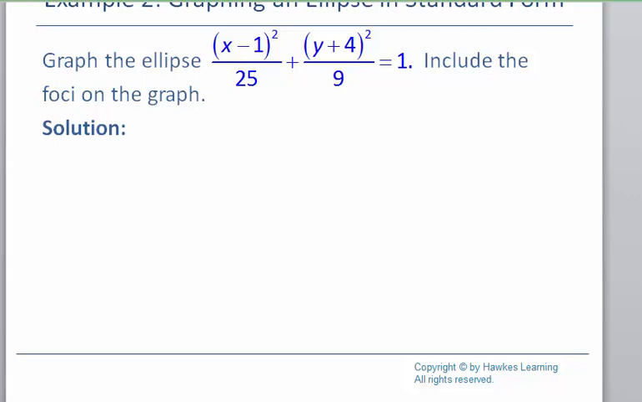All right, so let's go ahead and take a look at this one. Let's write down what we definitely know. We can pull out the center relatively easily. So our center is going to be, now the easiest way to deal with your center, since you have to look at the opposite